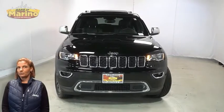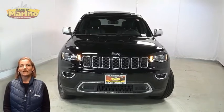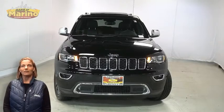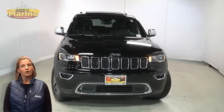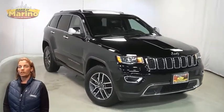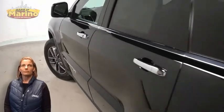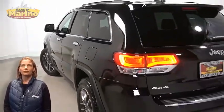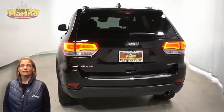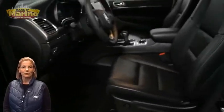Looking for a highly equipped SUV with all the right options and reliability? We'll take a look at this certified pre-owned 2019 Jeep Grand Cherokee Limited in diamond black crystal pearl. With halogen quad headlamps, premium fog lamps, 18-inch aluminum wheels, power heated mirrors, LED tail lamps, heated front seats, heated steering wheel, only 9,000 miles on the odometer,